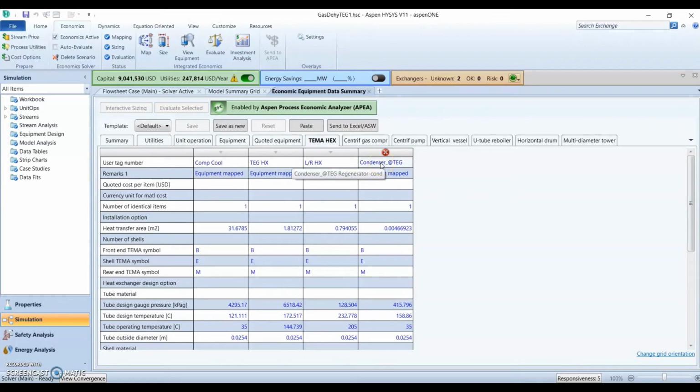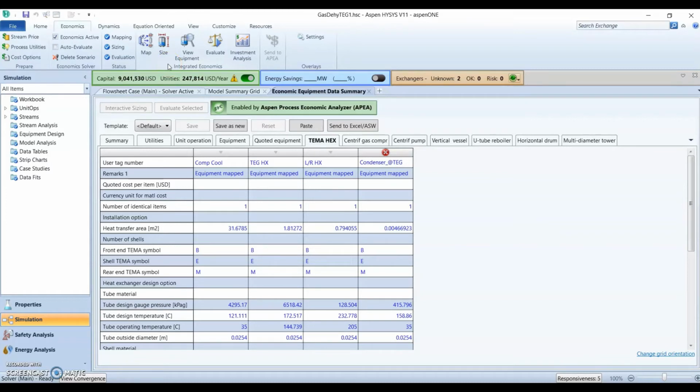Okay, so what's likely the error? The error is because the default condenser uses shell and tube heat exchanger, but the condenser in this simulation has a very low duty. Okay, very low duty, therefore a very low heat transfer area, and also the feed that enters the condenser is very low, around 1 kgmole per hour. So how can we resolve this error? We have to select another type of equipment for the condenser.